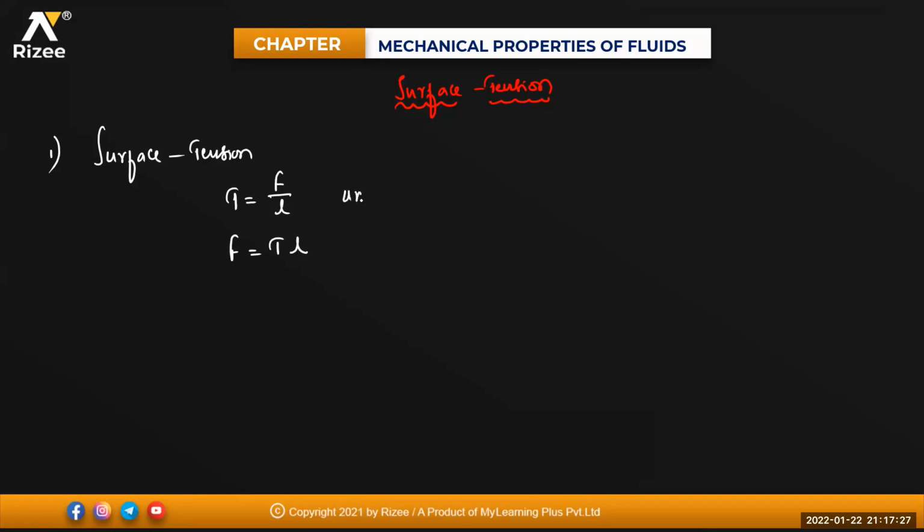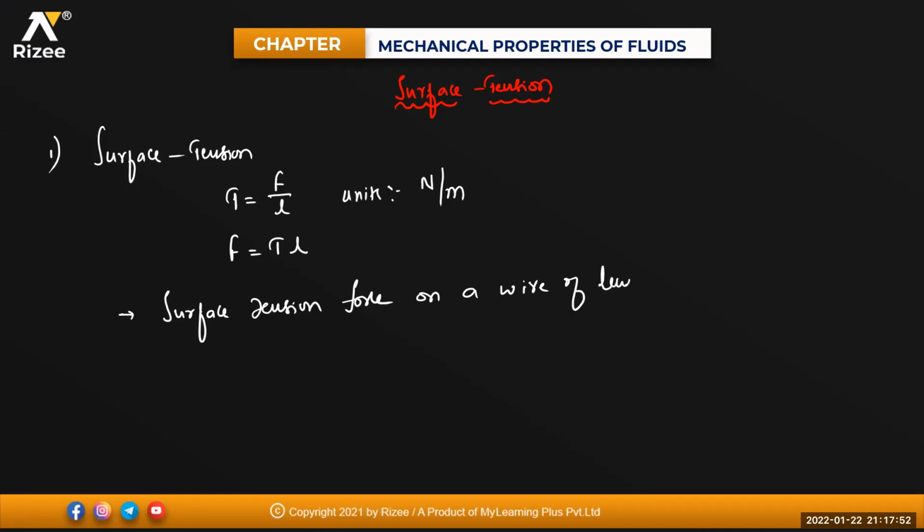Units will be, can anyone tell me the units of this one, beta? Force is measured in Newton, length is measured in meter, Newton per meter. Okay, see this one. If I'm talking about the surface tension or surface force, surface tension force on a wire of length, say for example L, placed on water,